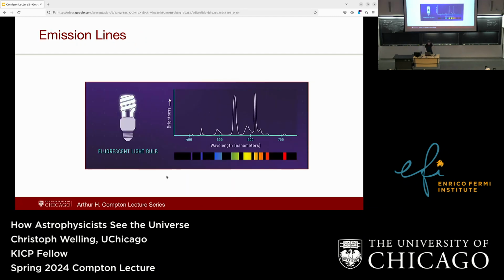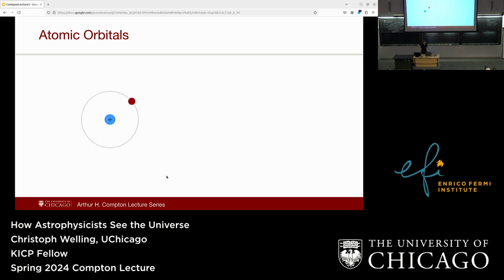And for that, let's go back to our fluorescent light, where we said it has this really unpleasant spectrum. Why does it look like this? Why does our fluorescent light bulb only emit at certain frequencies? For that, we have to go back to Earth and look at how exactly an atom works. If we start with the simplest atom, which is hydrogen,